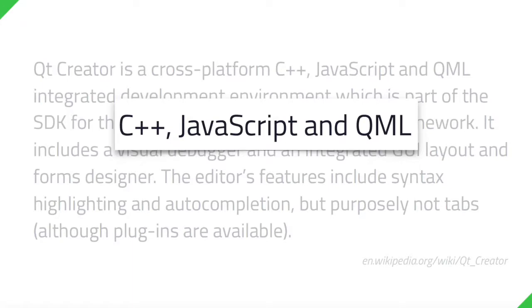QML is Qt's declarative language that is used, among other places, for the Qt Quick UI framework. This is our new generation UI framework, and in some way QML can be seen as an extension of JavaScript. Actually, you can integrate JavaScript code inside QML files. So that explains why we also